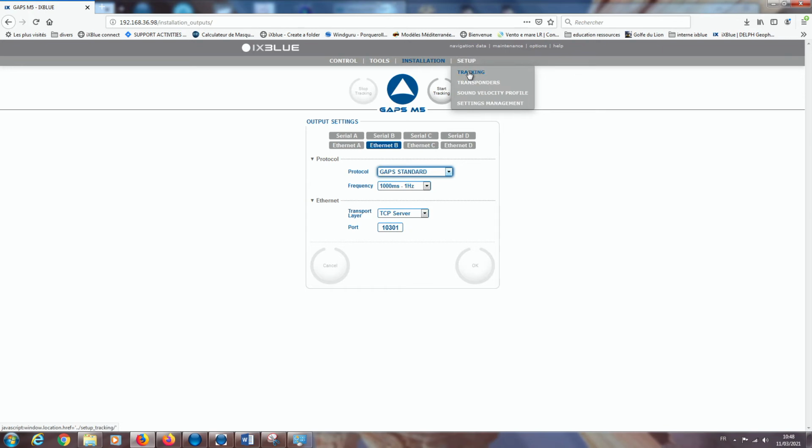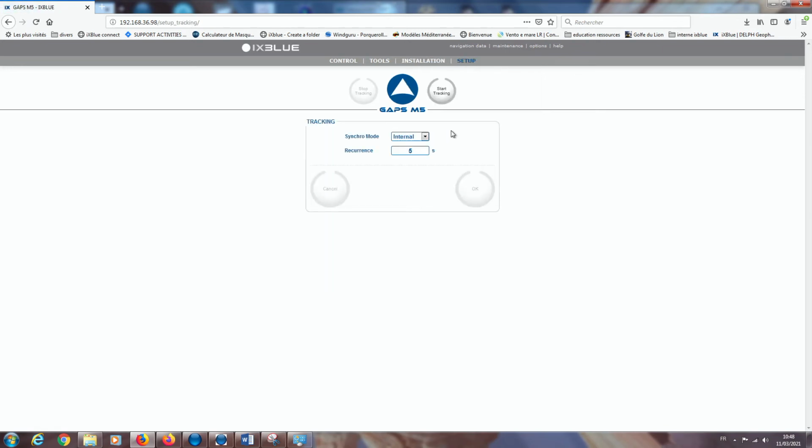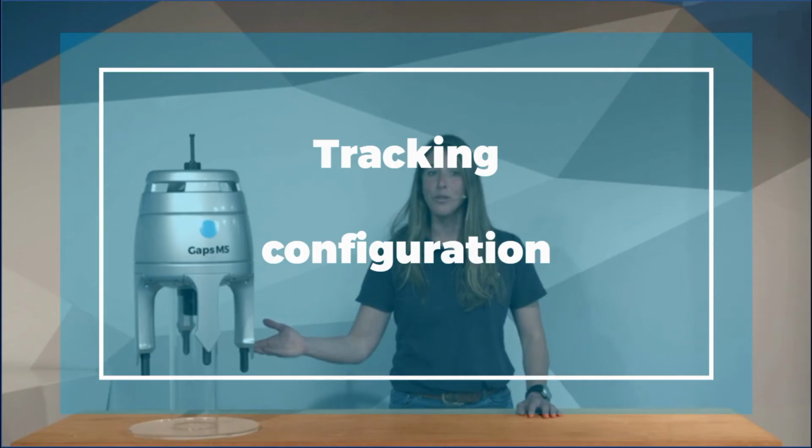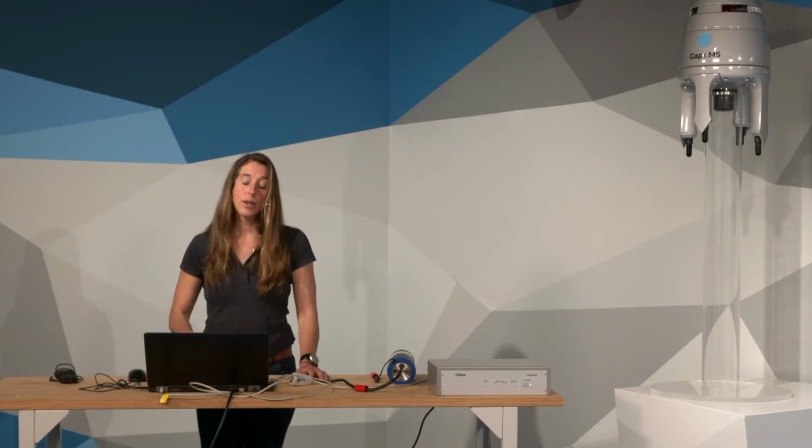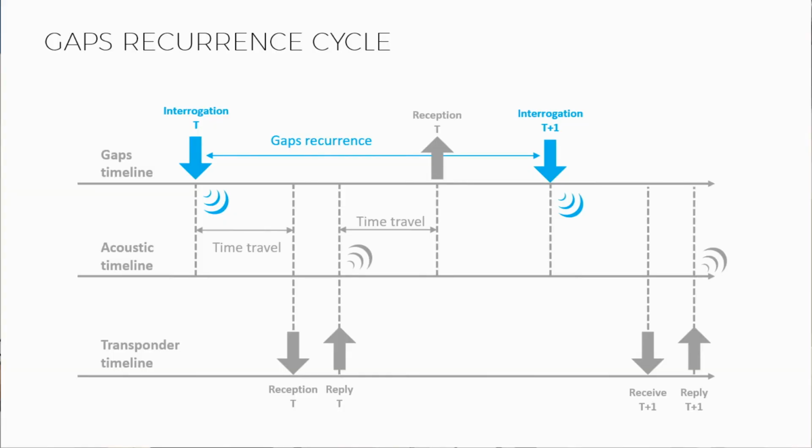In the setup, the first thing to do is to set your tracking. Tracking is the recurrence. We spoke about this in the first session. The recurrence is the time between two GAPS interrogations. So you need to keep in memory your application and your max range when you set this value.